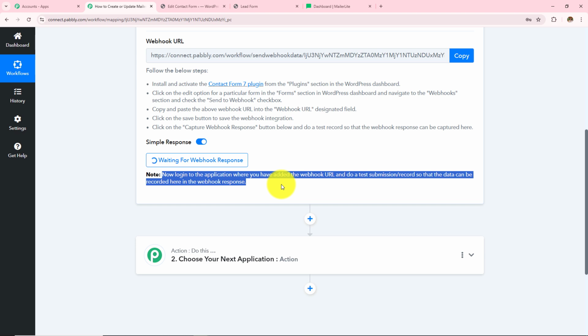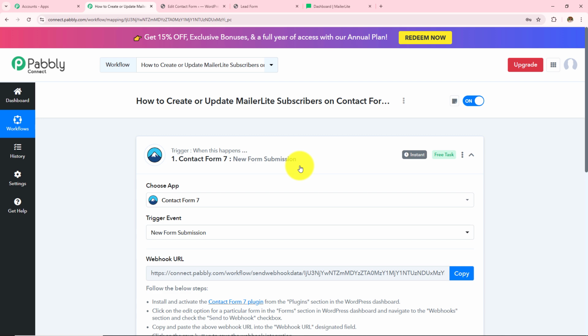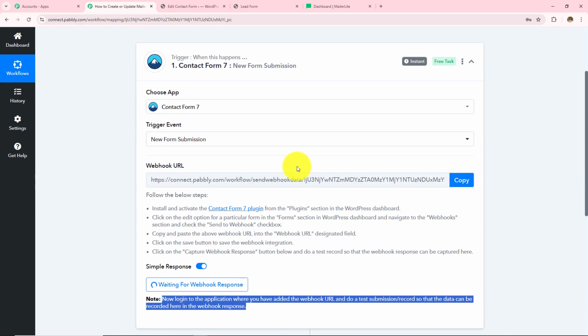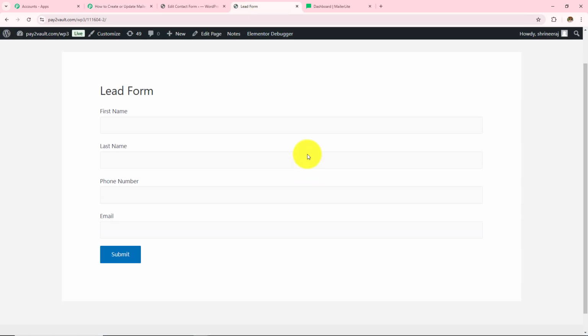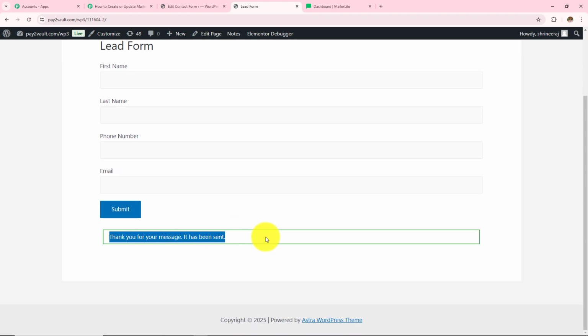Now if I receive that response after the form submission here in this workflow, this means the connection setup that we have created with the help of this webhook URL between Pabbly Connect and Contact Form 7 is successful. So here I am going to open my form. This is my form and I am going to fill some dummy details. So let's say this time my name is admin and my last name is user. My phone number is this, and then my email address is admin876@pabblytudes.com. Now I'm going to click on this submit, and here I have successfully done the form submission.